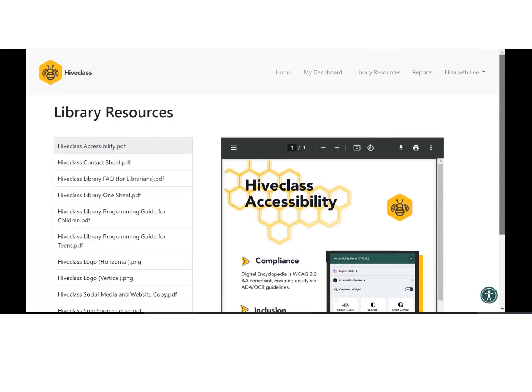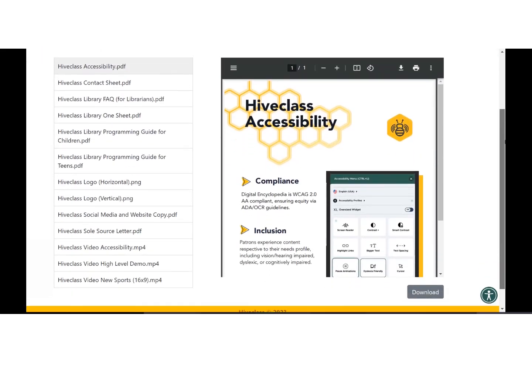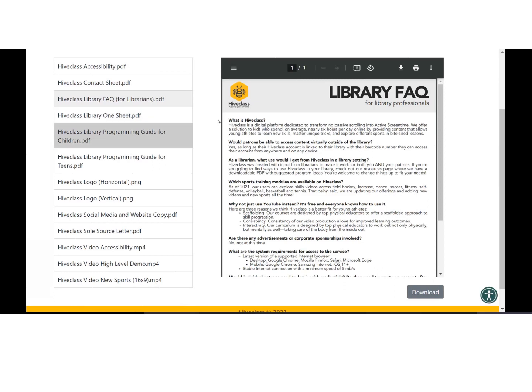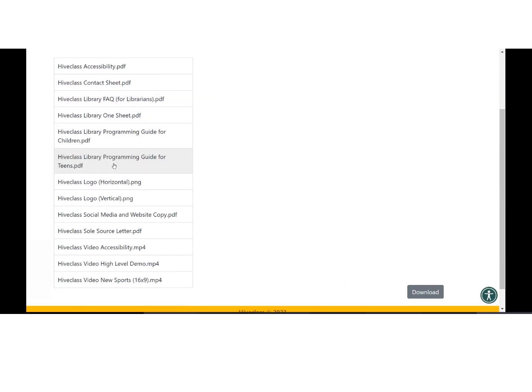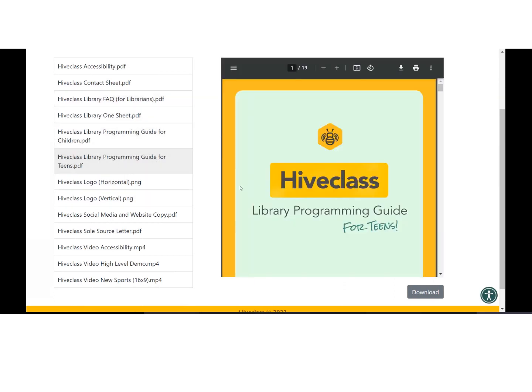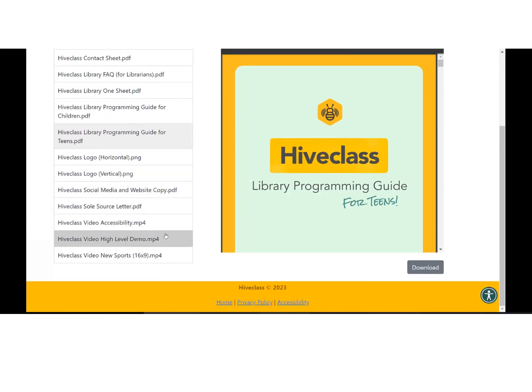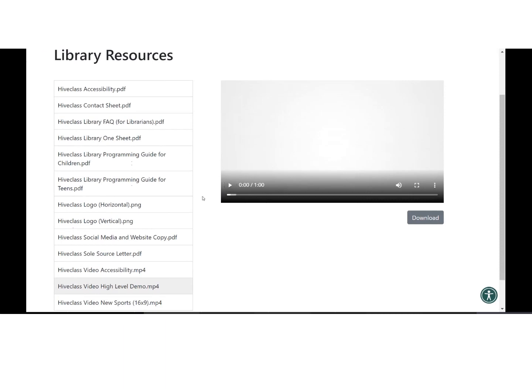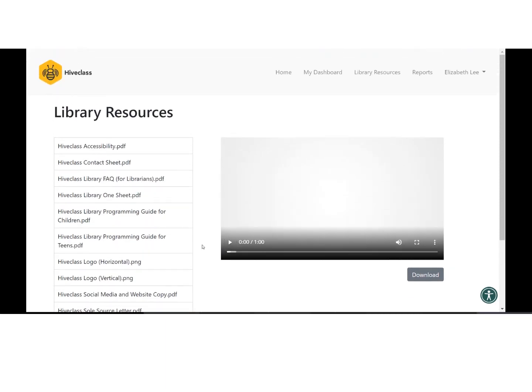And so these resources are really just files and things that we're sharing with you to try to make things a little bit more helpful. So you'll see a couple of one sheets, things that you could use as flyers and FAQ. These are the programming guides that I'd mentioned, which I'll go through in just a moment. If you'd like a video to watch to share with your patrons, or for social media, or for whatever you would use it for, that's here, because we're trying to provide you as many things as we can to make it easier for you to promote and use this with your patrons.